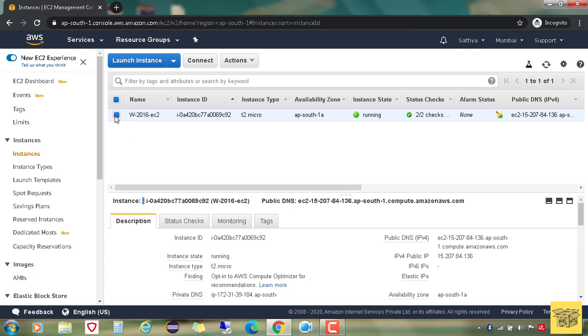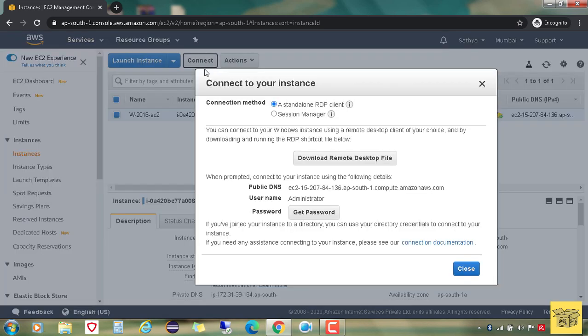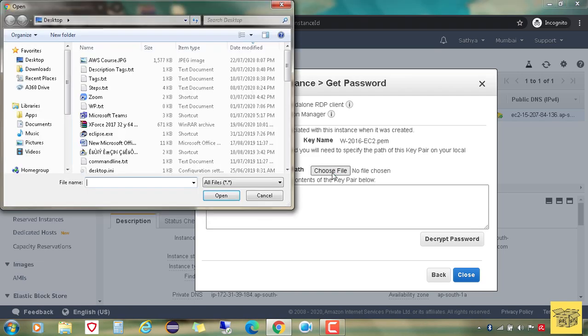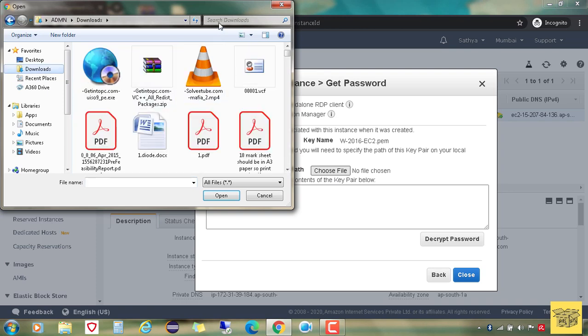Select the EC2 instance and click on connect. Click get password. Browse for the key pair which you have downloaded just a while before.